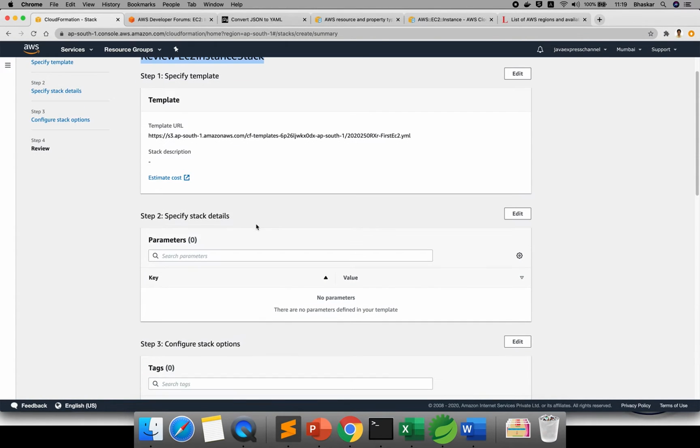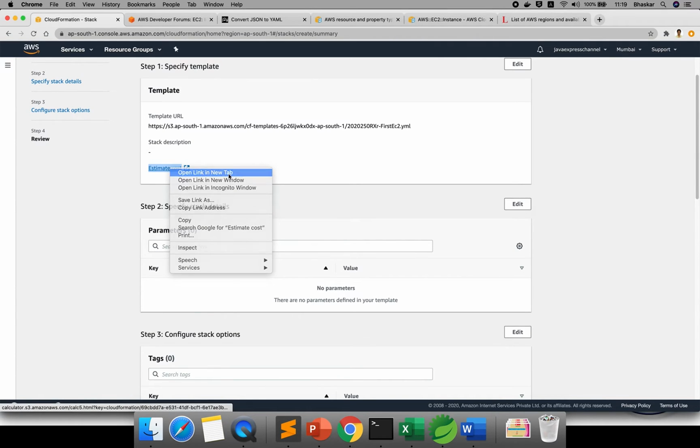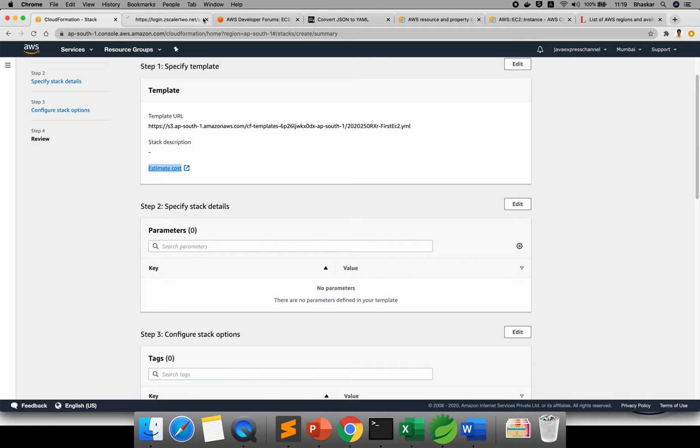You need to check the estimated cost here. If you click, it opens another page. If you want to check the cost, just click and it will show how much it will cost for your CloudFormation template. Okay, they will charge you.